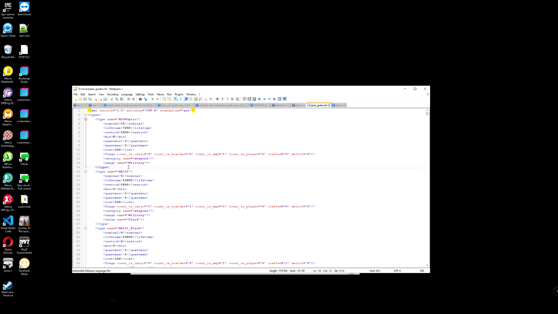For example, just remove this angle bracket and here you go, your file is damaged, it will not work at all. The game engine will not be able to read it.